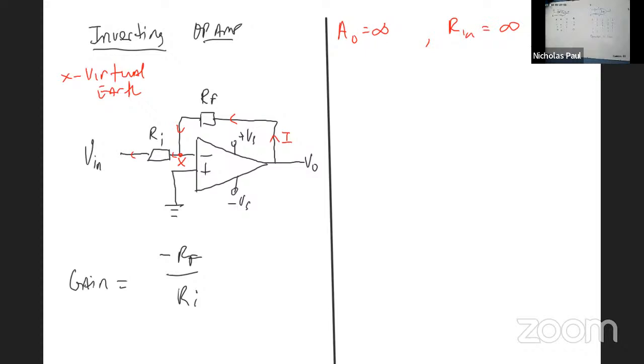So what could we say about RF and Ri? What connection are they in? Series or parallel? They are in series. Nice. Okay, good. So we have some hope here. We might be able to set up this